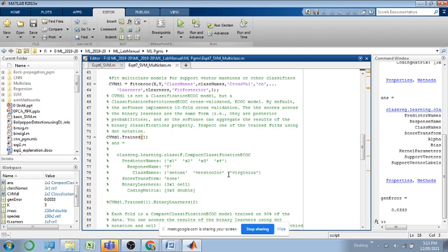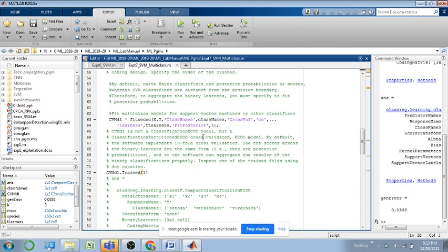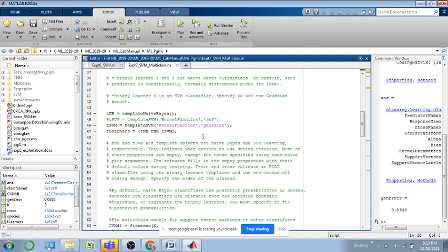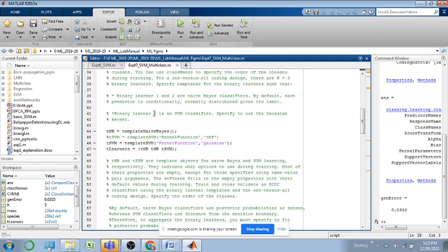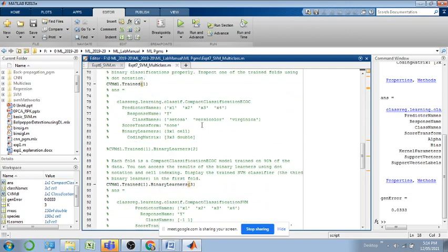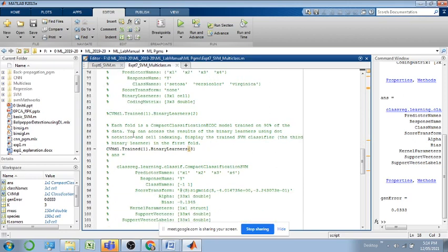We will be using a binary classifier out of the 3 by 1 cell, meaning we will be using this classifier. Okay, this one, binary learner 3, is an SVM classifier, specifying to use the Gaussian kernel. So here they specify that you have to use the Gaussian kernel for training. This is the coding matrix, 3 by 3, and once we train it using this binary